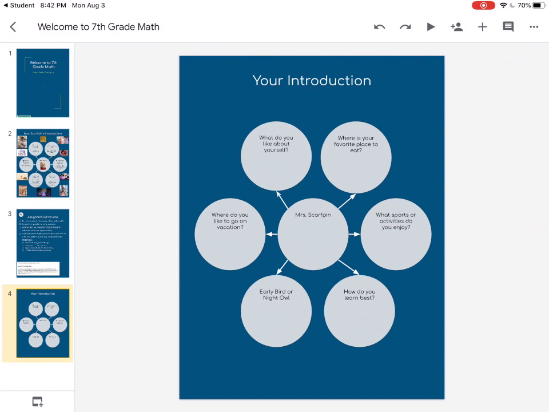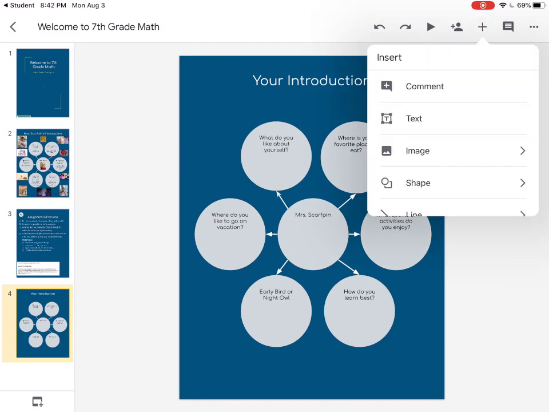So where are your favorite places to eat? What do you like about yourself? Where do you like to go on vacation? Are you an early bird or a night owl? How do you learn best? What sports or activities do you enjoy? Things like that. So once you fill it out, and I just want to kind of